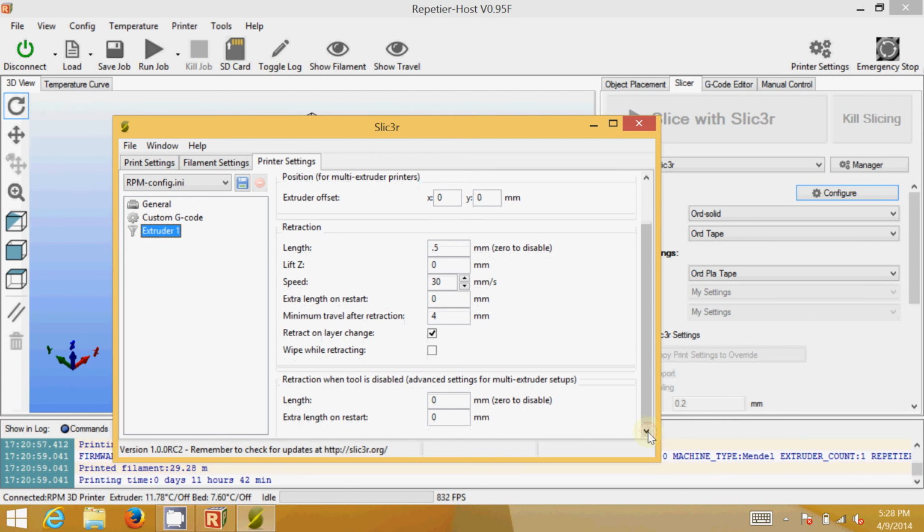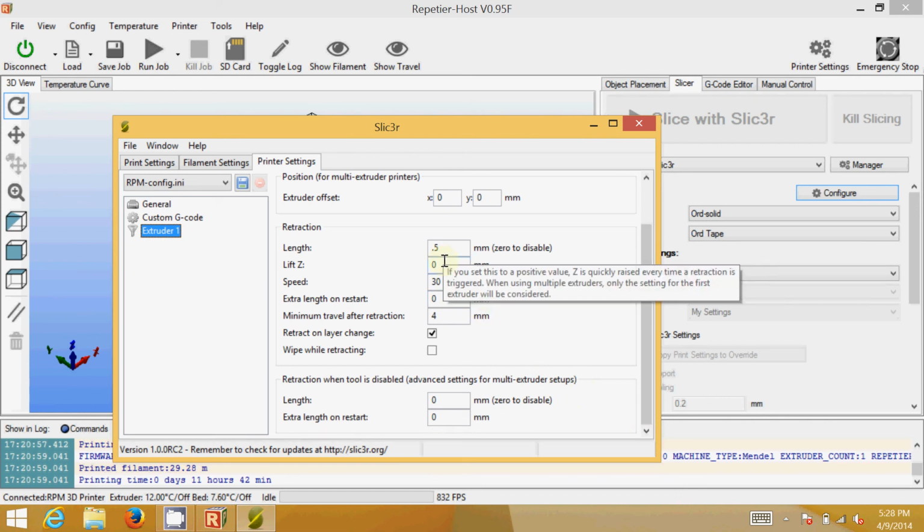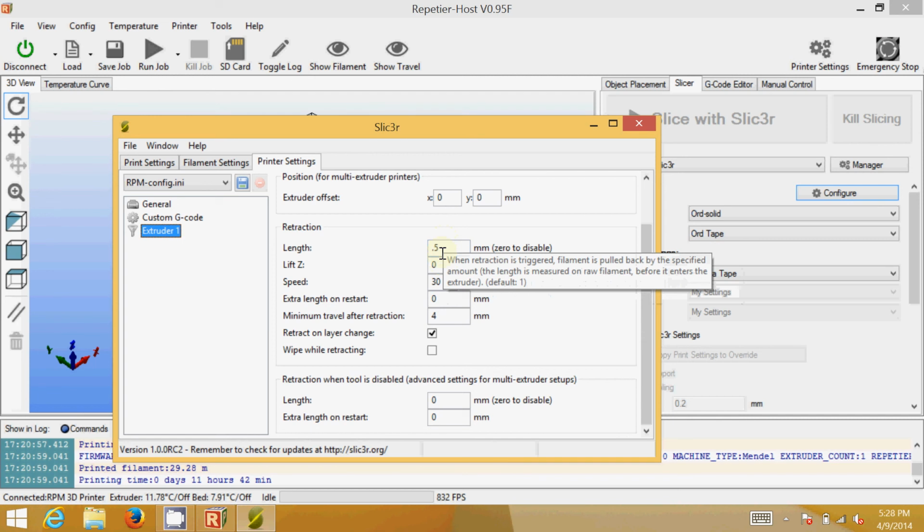Okay, so this is all pretty standard setup. Layer retracting, minimum travel, length on restart. Okay, retraction length. That's what I was looking for, 0.5 millimeters. So what that does is anytime the print head needs to move without printing, it retracts the plastic 0.5 millimeter. Now, if you're printing things that are very detailed and there's a lot of traveling around of the head when it's not printing, you may want to set this to 1 millimeter. That'll help you prevent getting some of those fine hairs